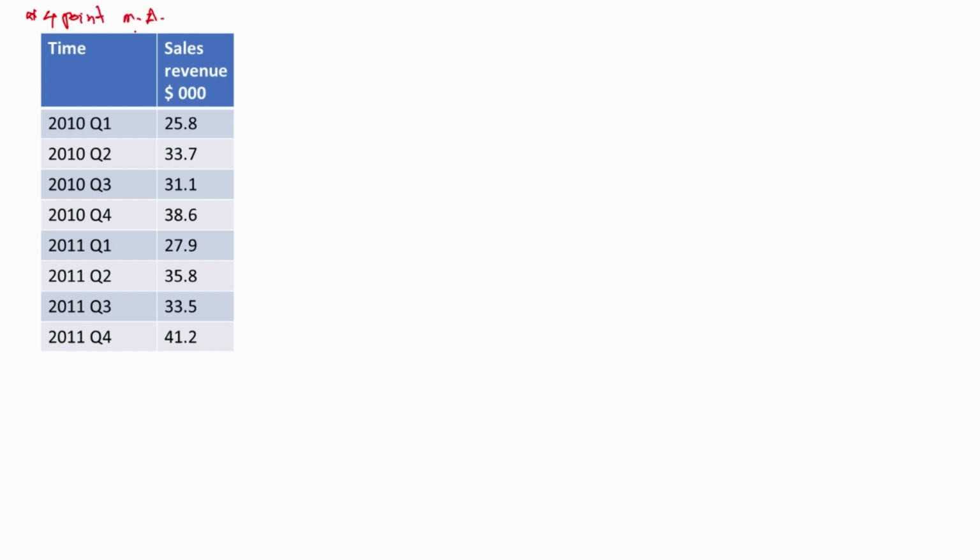If we consider the 3-point moving average, it will be much easier. But the trend line will not be as smooth as the 4-point moving average. Since this is the 4-point moving average, we have to consider 4 points at a time. So we have to take the average of these 4 values. So the moving average will be